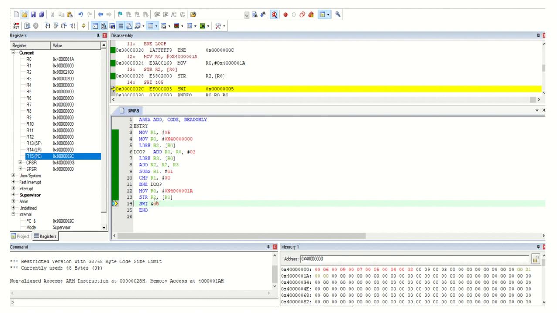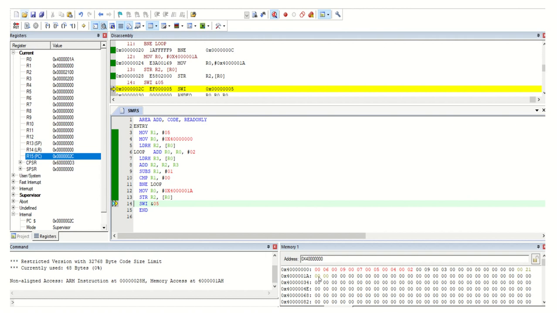Once the operation is over, we have to store the added answer into memory. For that we use the store instruction. STR is the instruction for storing a number from a register to memory. Your answer is in R2. Store that in R0; R0 contains the address of your memory, the destination address. Here in the memory you can see our added answer.